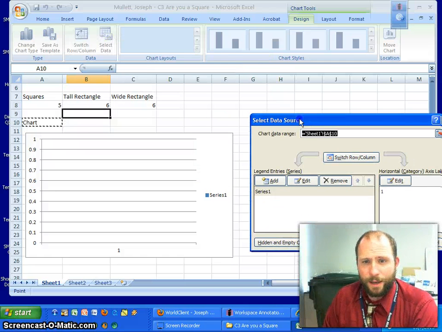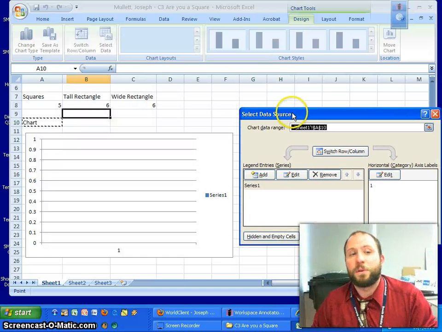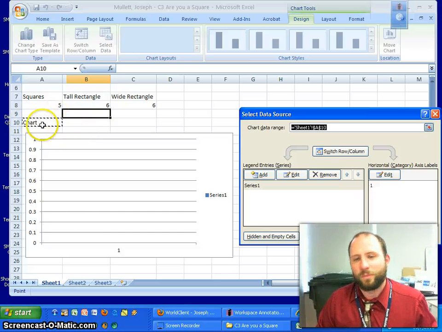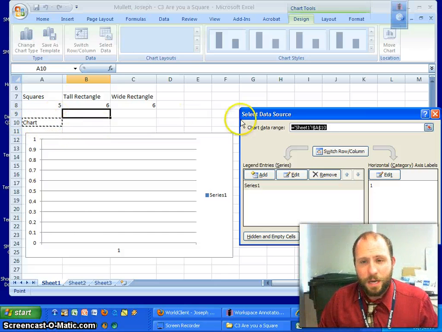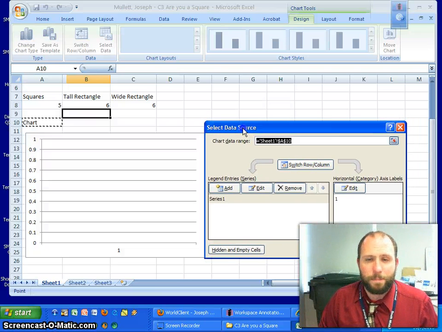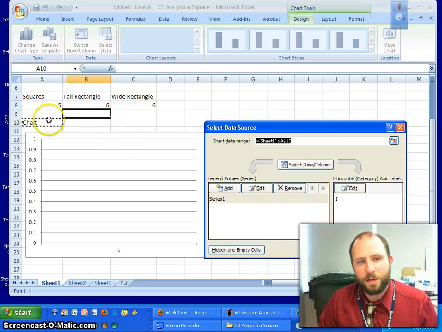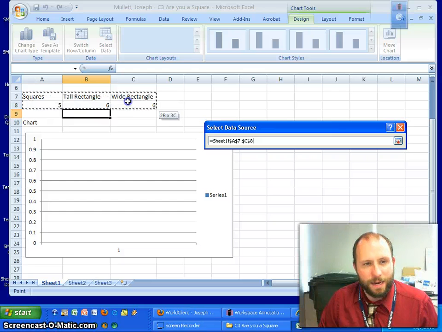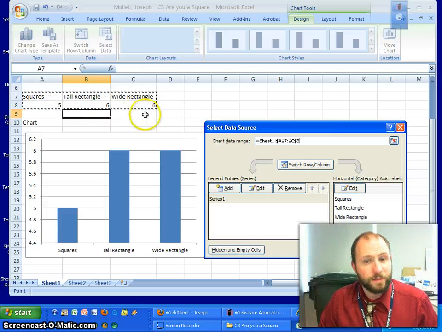Once you selected data, you can actually see what the computer has selected. And again, as we figured before, it has selected the word chart, which clearly is not any data. So there's a step here where you can skip the step or you can do the step, but for the most part, because we already have a zebra flashing line running around a cell, we can go right to this process here. But if I go and click squares, tall, wide, and my numbers,